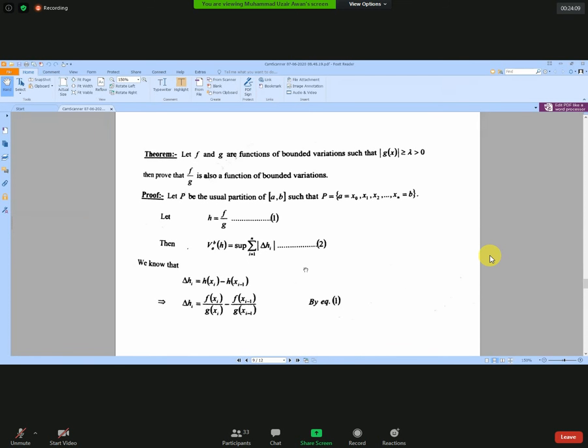So by definition total variation of h is equal to supremum i is equal to 1 to n del hi. Now del hi suppose del hi is suppose equal to h of xi minus h of xi minus 1. ठीक हो गया. h is equal to f over g, उसकी वैल्यू पुट करें f of xi over g of